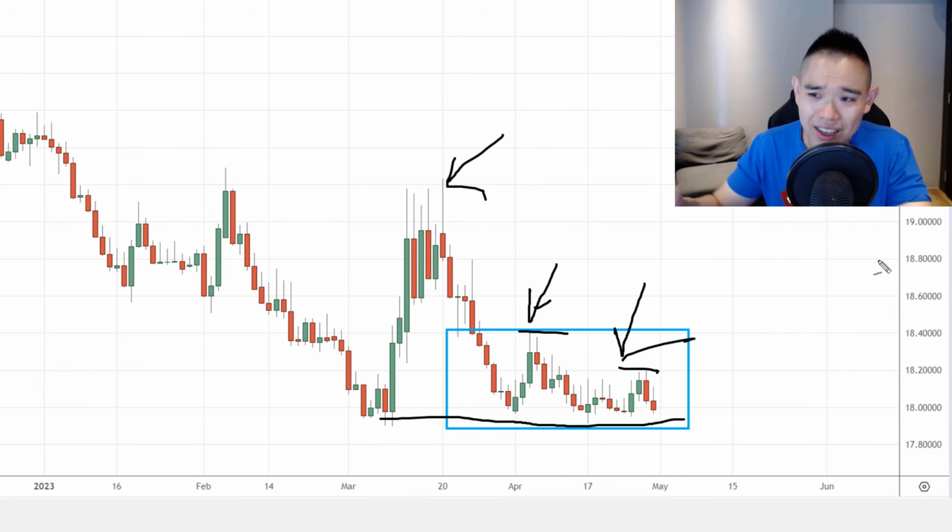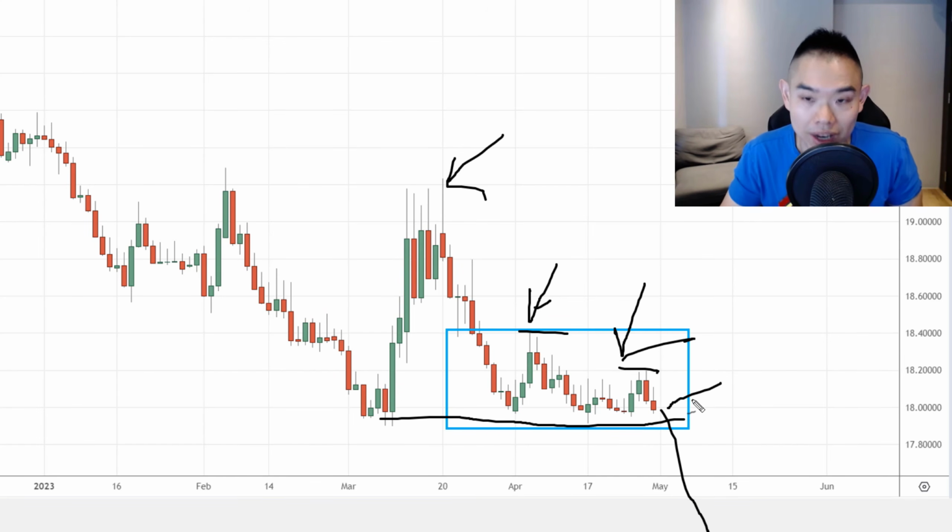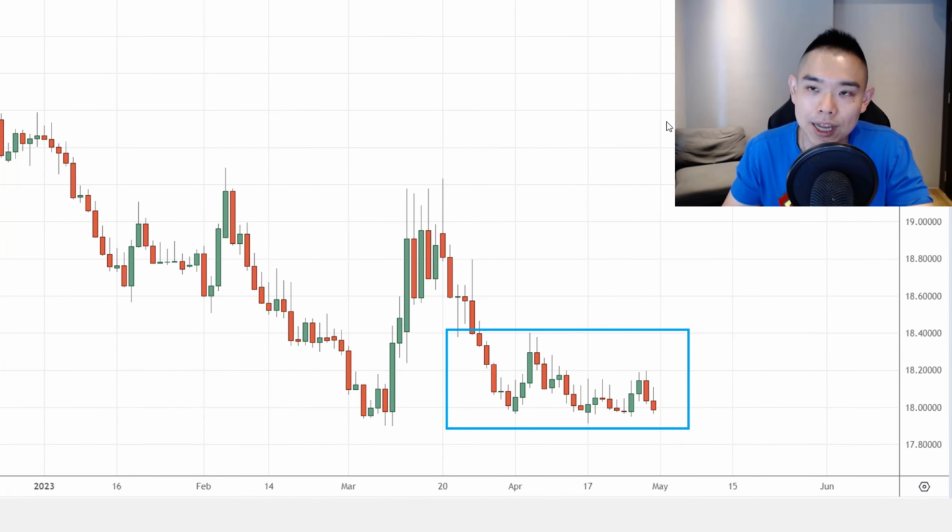So imagine if you are a seller and you're selling close to support. It doesn't quite make sense, right? Unless you think, okay, if support does break, then looking back, this is a pretty good price to short at. But if you don't think support will break, then it doesn't quite make sense to short so near support. So clearly the sellers are confident. They're willing to sell at these lower prices because they expect support to break. So when you notice a series of lower highs into support, more often than not, it usually leads to a